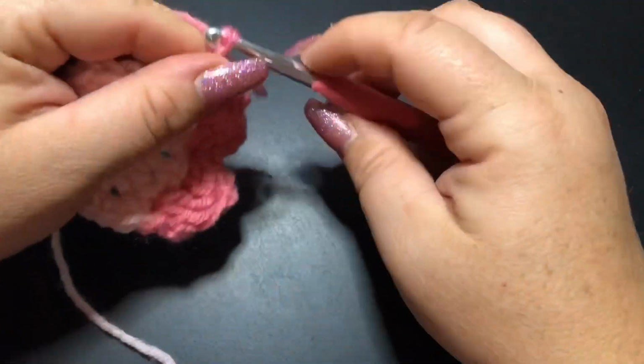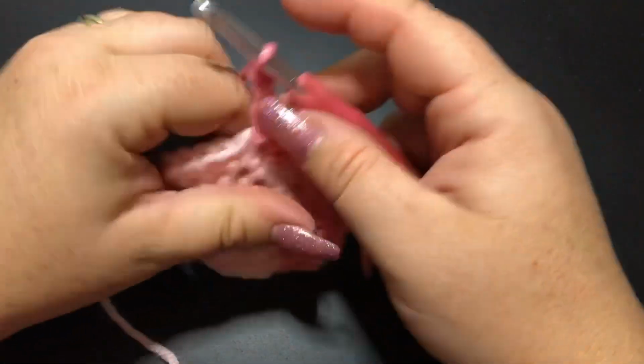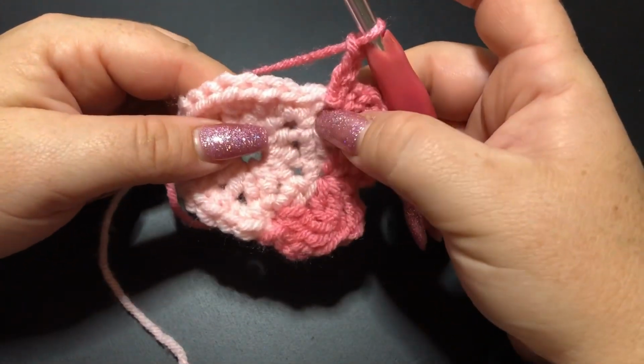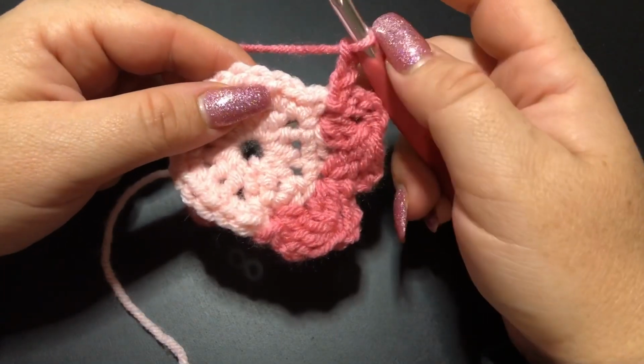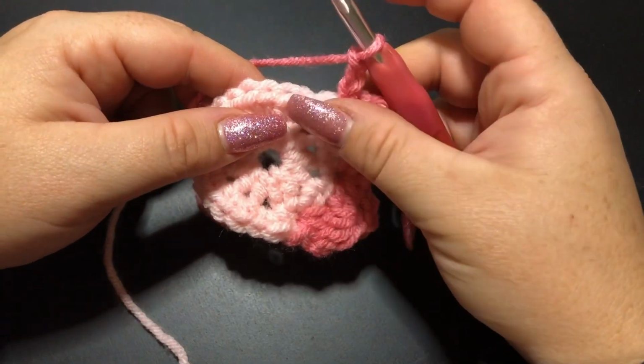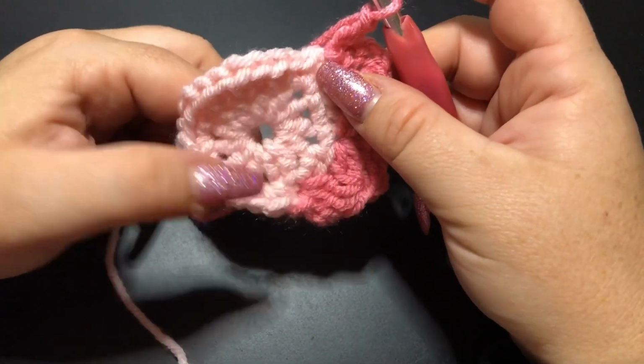Chain 3 is the recommencement of our repetition. So from there I'll double crochet 2 together in the same stitch, leaving 3 loops on my hook. Now repeat that all the way to the end. I'll meet you back here